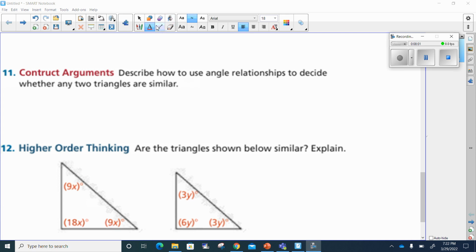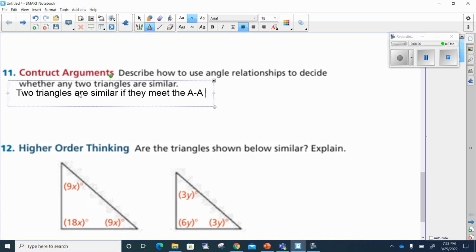And if I had to describe this, I would have to say, so I could type it out quicker, two triangles are similar if they meet the AA criteria, which states that if two